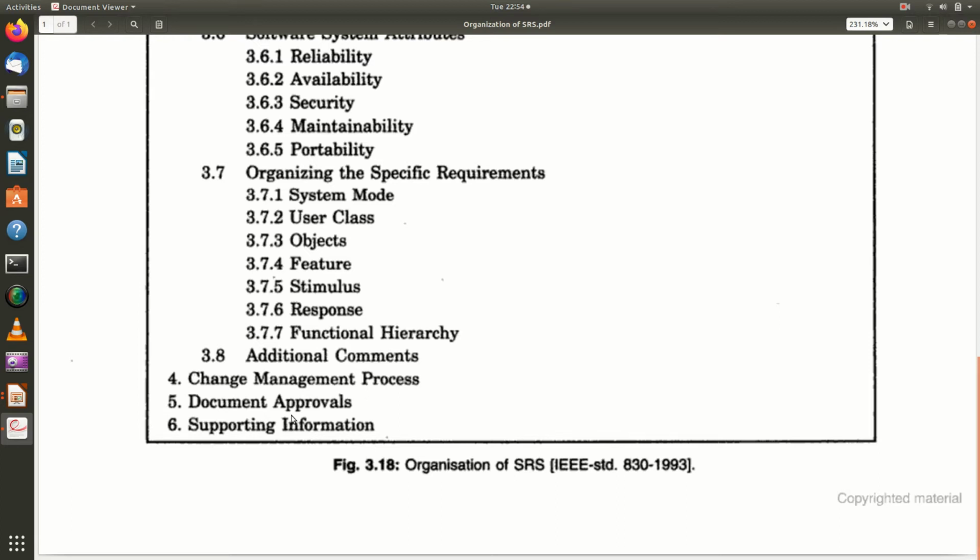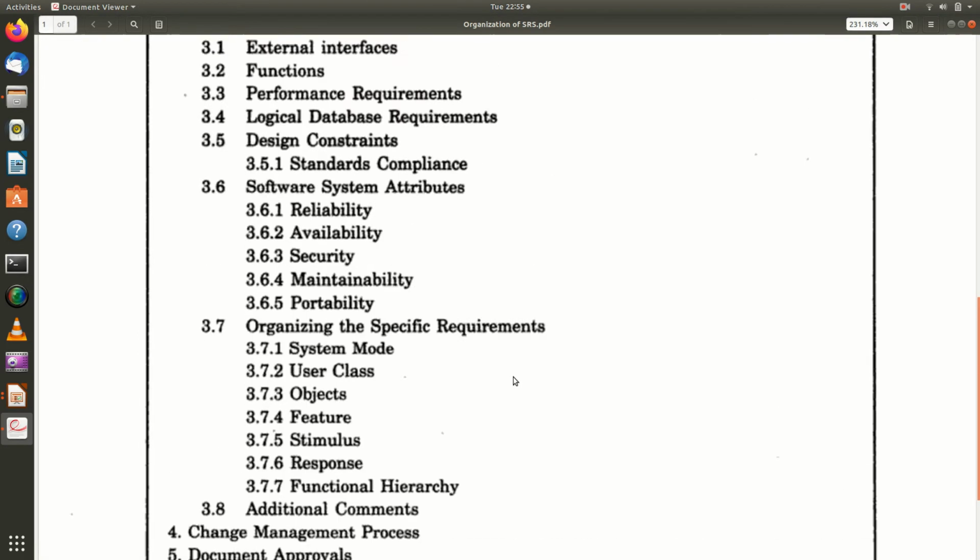Then the document approval: how many have approved, when it was approved, what are the legal aspects of that particular document, everything must be specified here. And any other supporting information like the appendices, glossaries, references, etc. should also be specified.